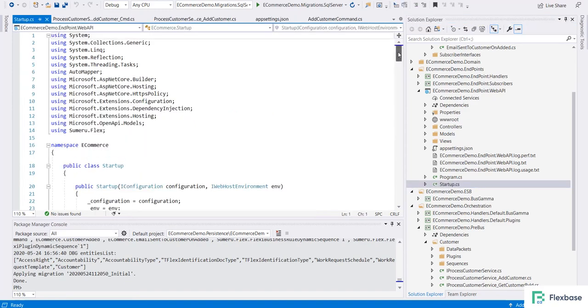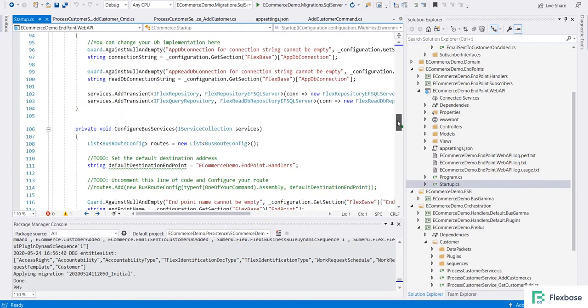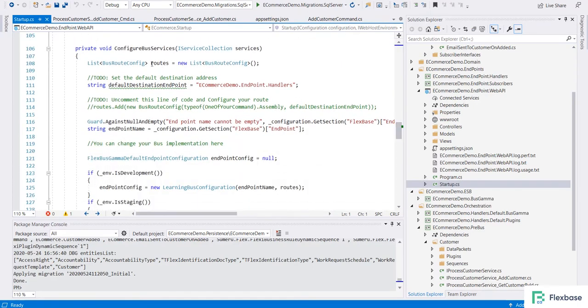So in the startup, we have configure bus services. In configure bus services, we say any message from this endpoint, where should it go? We can have multiple configurations, as you see.